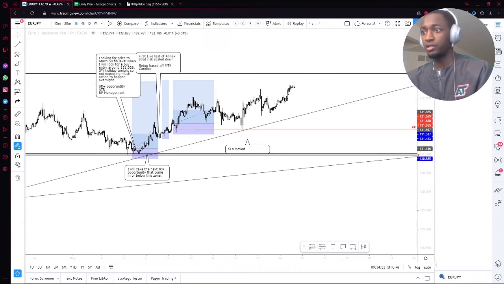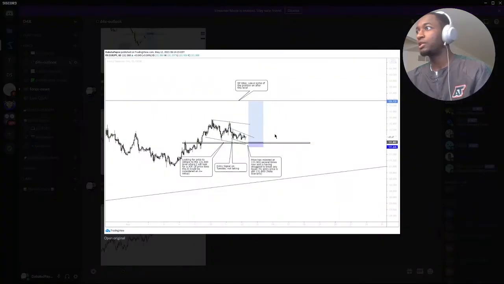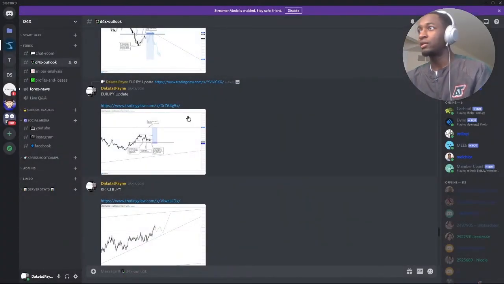I'm going to bring the screenshot up from the Discord. The original setup is right here, all broken down, and I'm going to have to bring up the full thing so you guys can see it. This is the idea. I had a 1 hour setup here. I saw a descending channel on a lower time frame that could have been taken advantage of, but I was trading it more like a bullish flag here, just identifying that particular pattern on the lower time frame. Okay, with targets at 133.132.